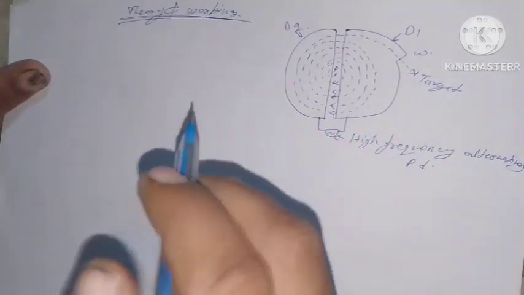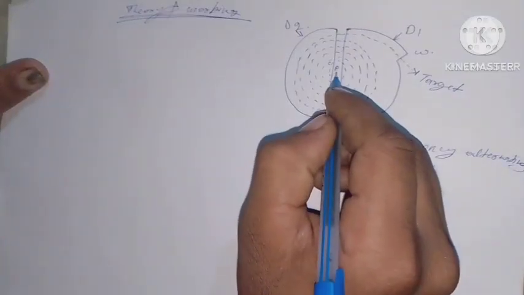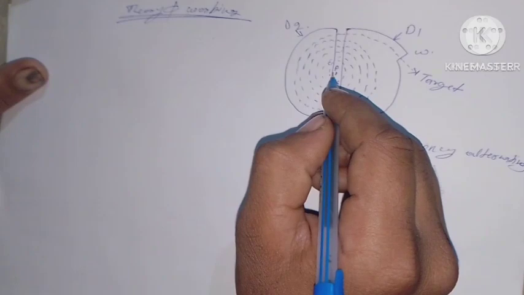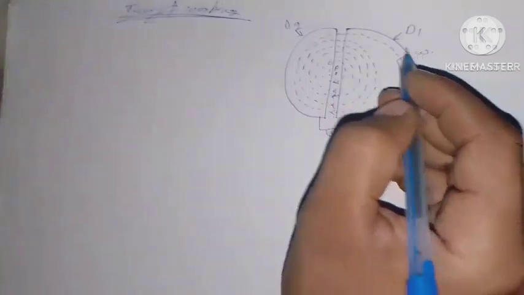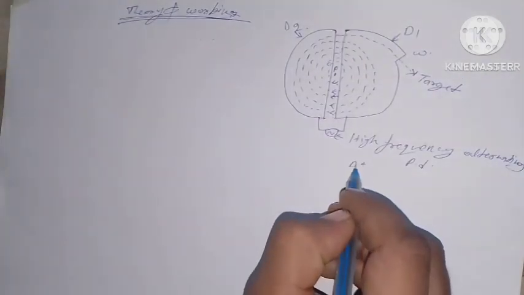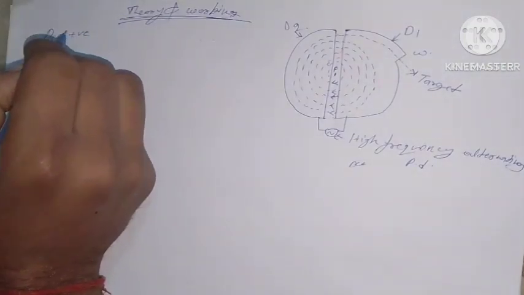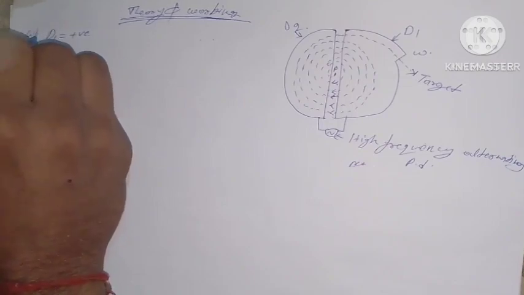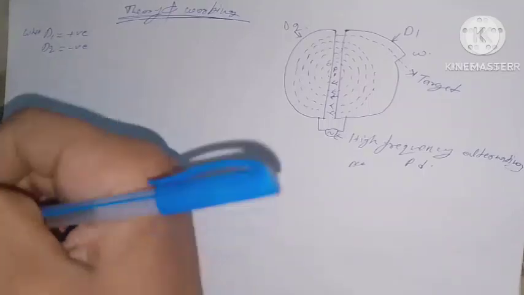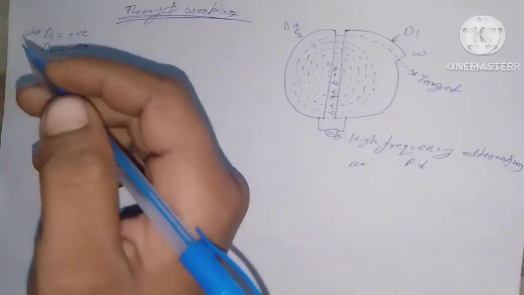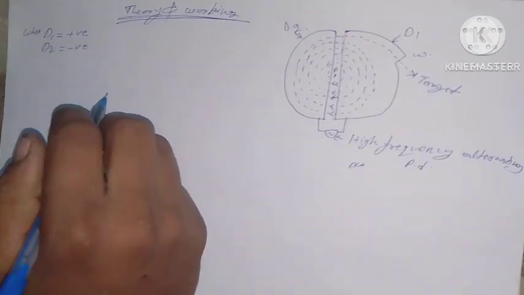Theory and working. If a positive ion is generated at a point P as shown within the gap, at a time when D1 is at a positive potential and D2 is at a negative potential, it will be accelerated across the gap to D2 and enter the hollow segment D2 with a velocity v given by